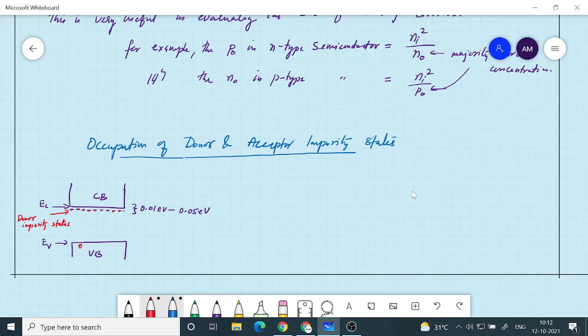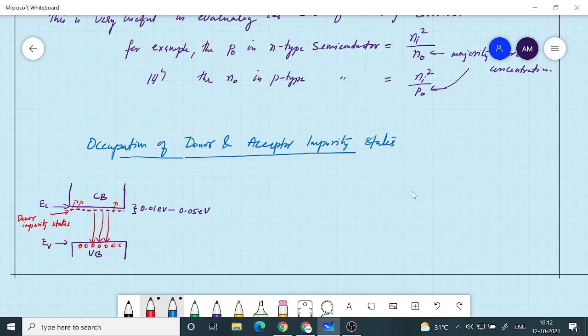So there are some holes here. These holes can be filled with the electrons falling from these states. They can relax and go here, and they can go up also. Some will remain in the states. Some are going to the conduction band, some are coming to the valence band, and some are remaining in the donor state. So these are the three ways in which these electrons can move. Our question is, how does the occupation of these donor impurity states happen?